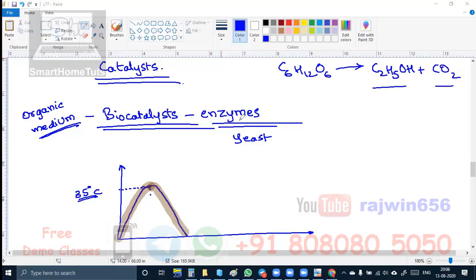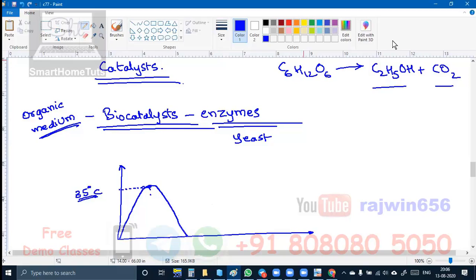The simple reason for that is the enzymes become inactive. There is a specific term used for enzymes becoming inactive. Here we have to write, enzymes get denatured. Denatured means they become inactive. This is that particular part of reaction for catalysts. Other parts which are there, you can go through the link and then you can ask me the questions. All the factors that are affecting the rate of reaction.